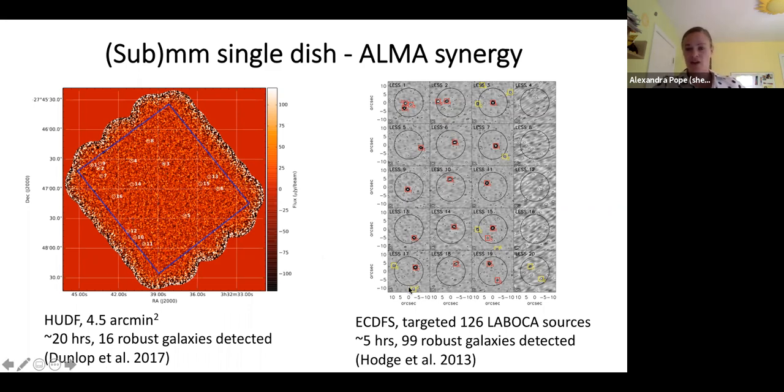So a better strategy then is to maybe take a single dish telescope. In this case, they used the Lobo telescope. And they did a survey over a large area, and then those blobs that they didn't have good resolution of, they then targeted with ALMA. So here they spent 5 hours and they got 100 galaxies recovered. And so you can see here the positional uncertainty from the single dish measurement and then how ALMA is able to hone in on it. So there's a lot of synergy between these sub-millimeter single dish telescopes that can do wide areas fast, identify sources, and then ALMA can go in and do the detailed study.